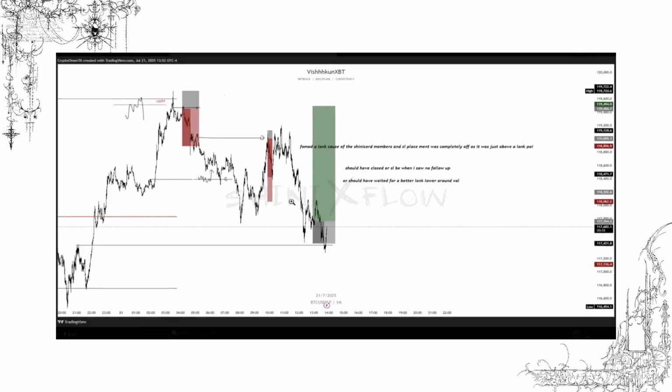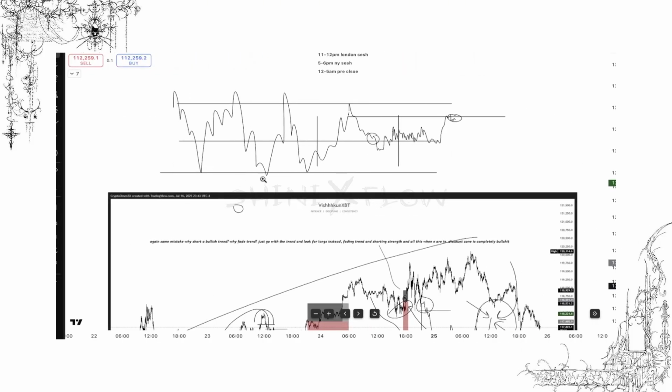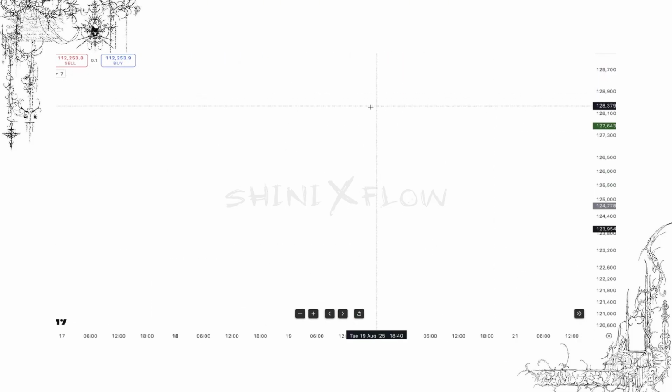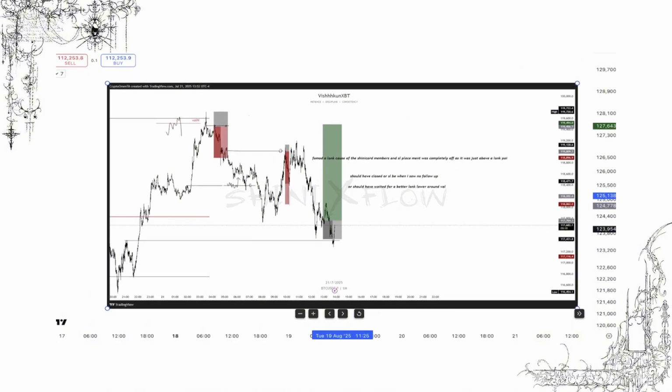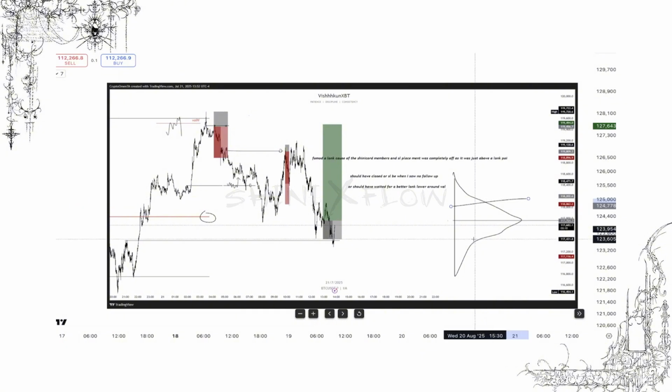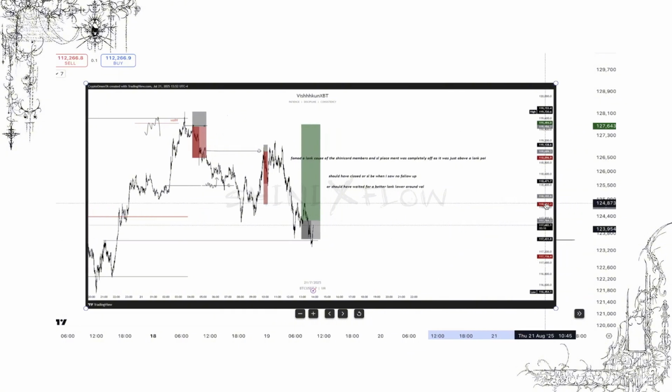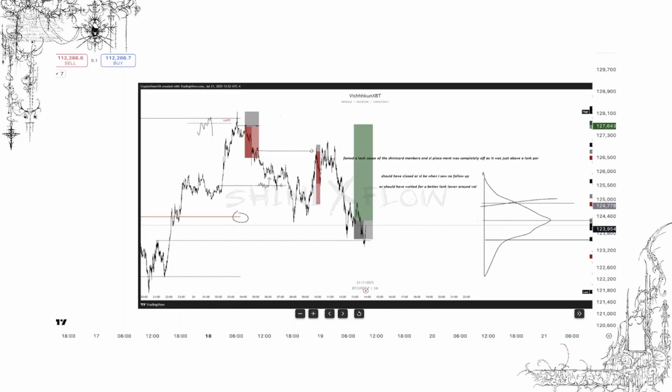This is a good example of what current market price and management can do. Just looking at the PA here, what do I see? I see a middle. I think this is a POC level. So assuming this is supposed to be a POC of a range, I'm assuming that this is the middle. So you're trying to take a trade into the middle, which isn't really helpful, brother. So you're taking a trade pretty much into the middle, or maybe let's just say into this FVG POI right here,